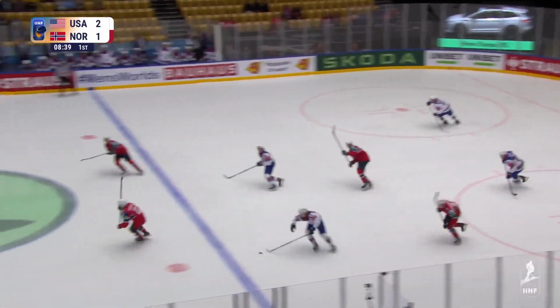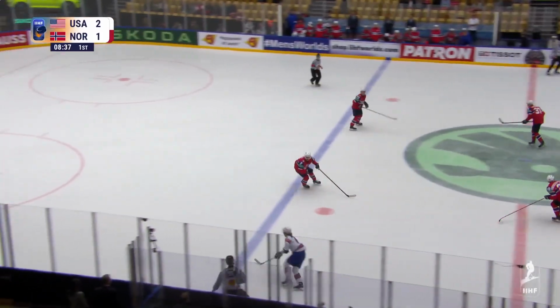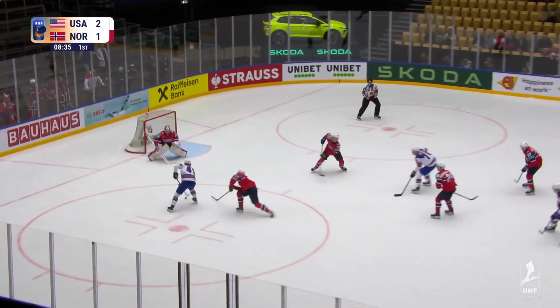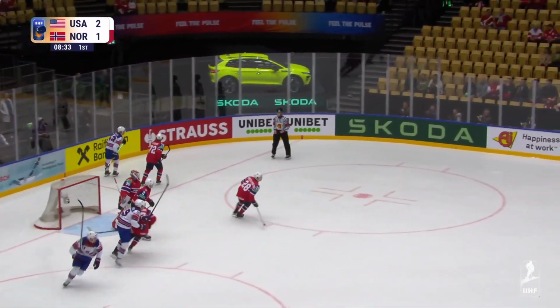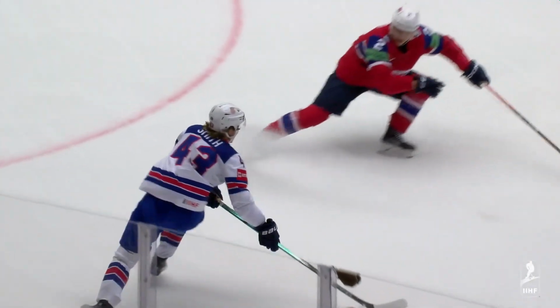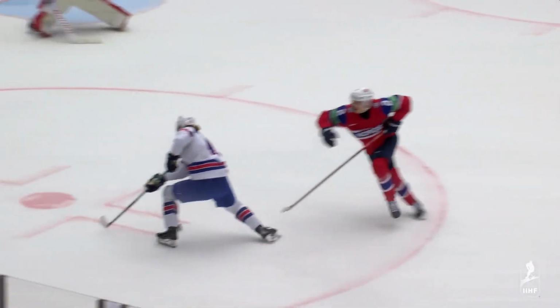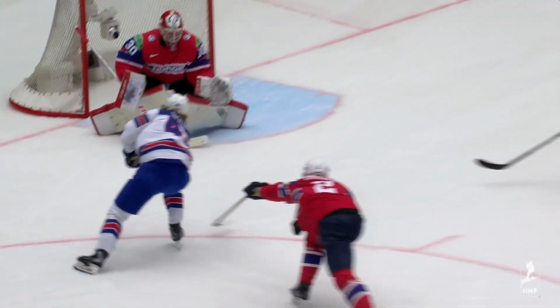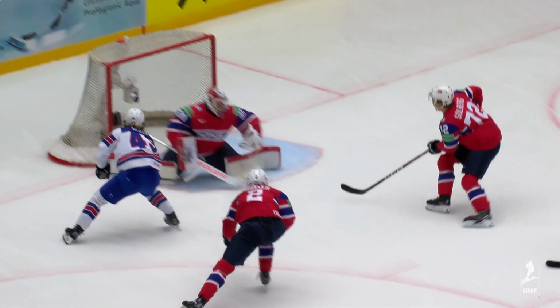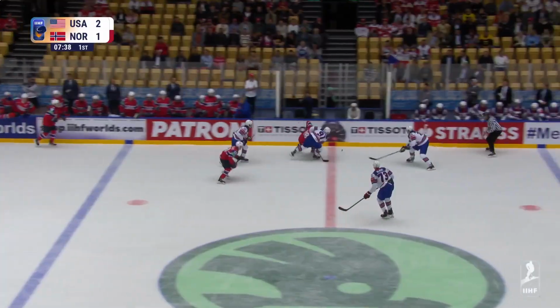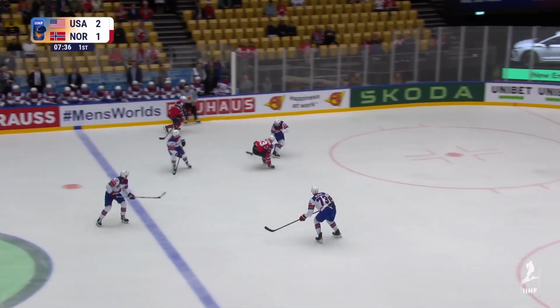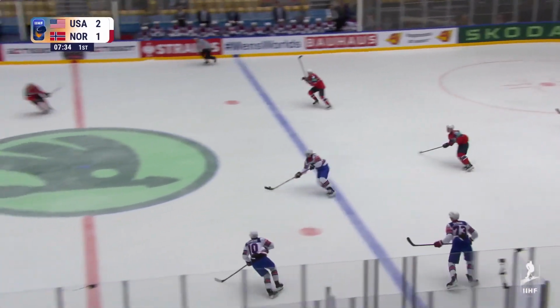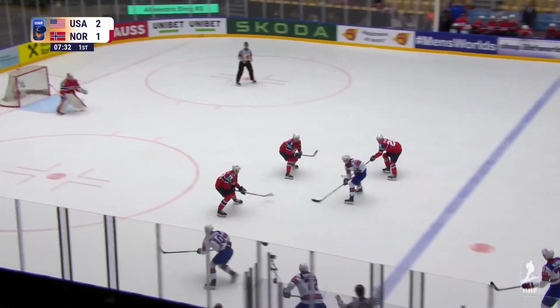That caroms, and the U.S. is in flight. Speed on the left. Will Smith against Hansen. Smith, nice move right in, and he tried to roof it. Norman got a piece of it. And Smith, how about this? Between the legs, doesn't break stride. Look how close he comes to hitting that top corner. Norman. Vesterheim moved it. A falling Thomas Olsen banged it in, but quickly Nazar coming through center ice and into